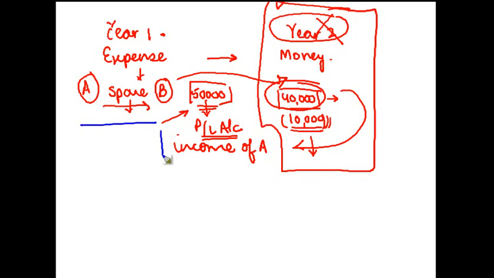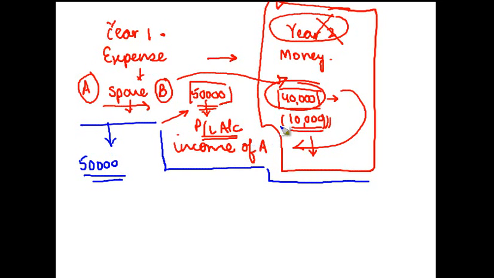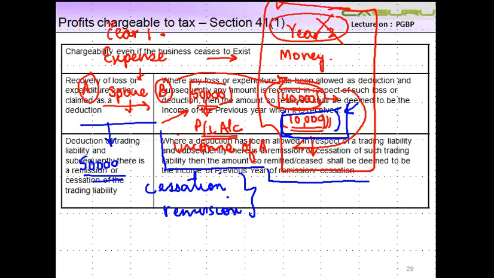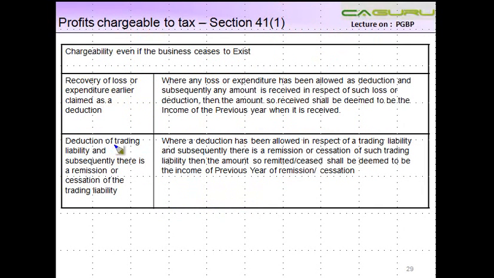So let's say, for example, A has again put down 50,000 as a liability. It's reflecting it as a liability in the books of accounts. And because B agreed not to take 10,000, there is a cessation or remission of liability, which means the liability has come to an end to the extent of this 10,000, right? So deduction of a trading liability, and subsequently there is a remission or cessation of the trading liability. So there was a trading liability of 50,000 which was subsequently remitted,